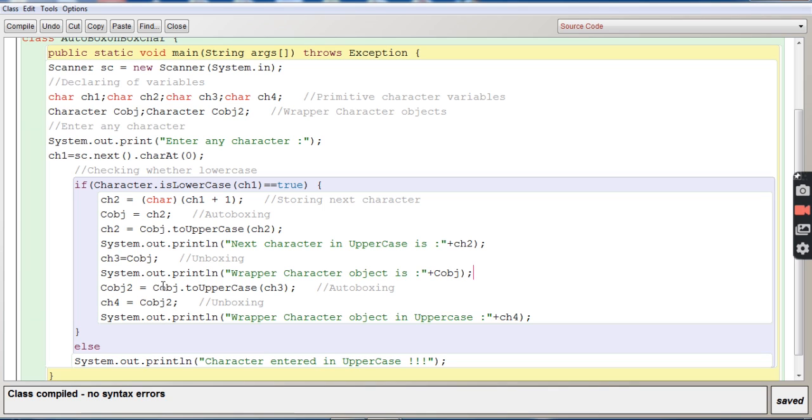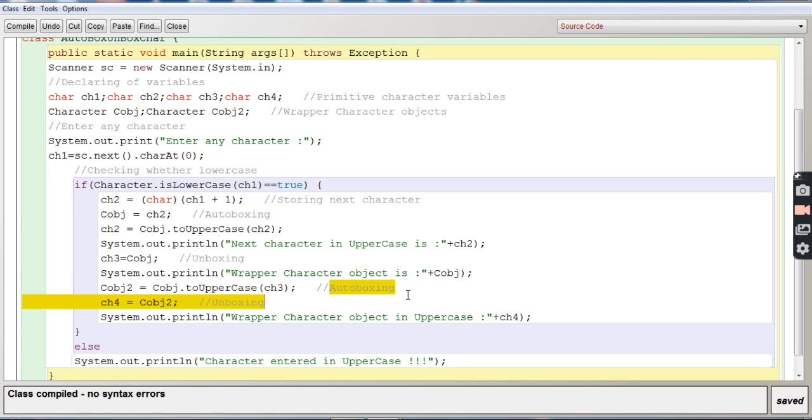So now that cobj, which is having a lowercase b, it has to be converted into uppercase. It is a wrapper object, and ch3 is having lowercase b by unboxing.